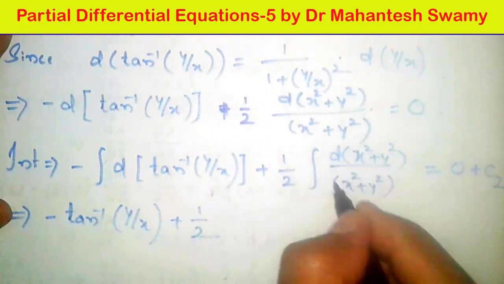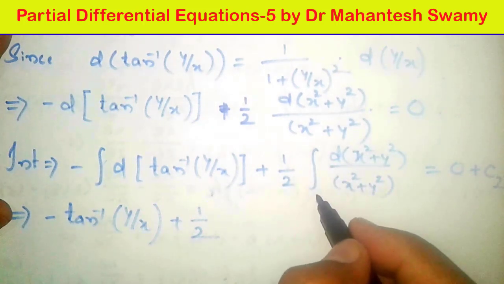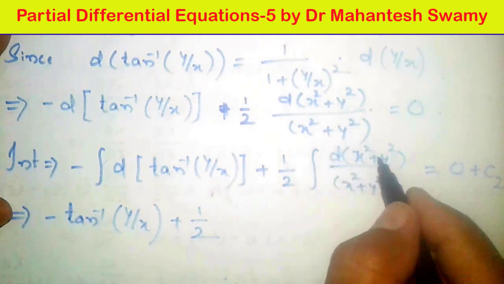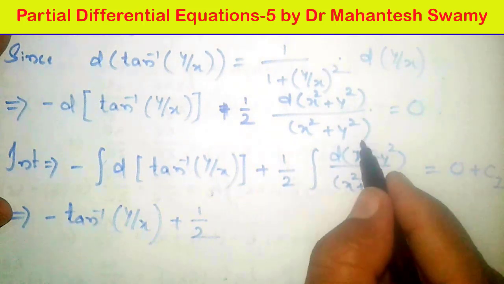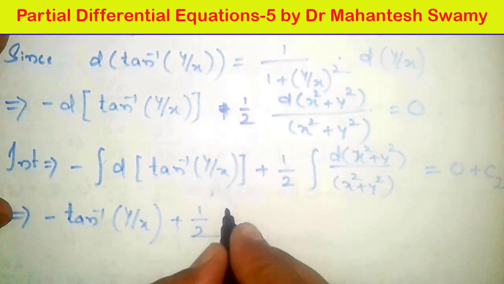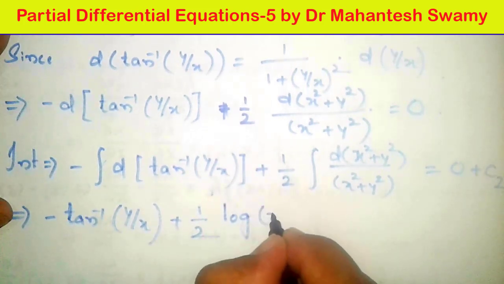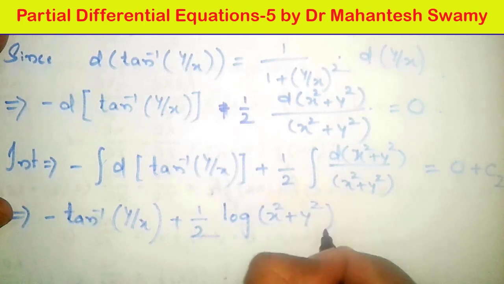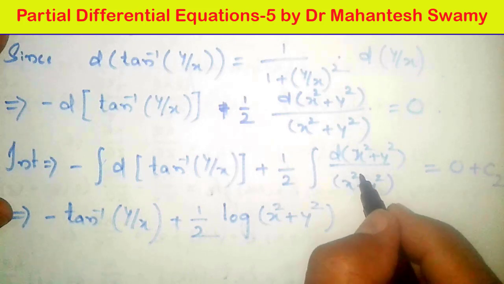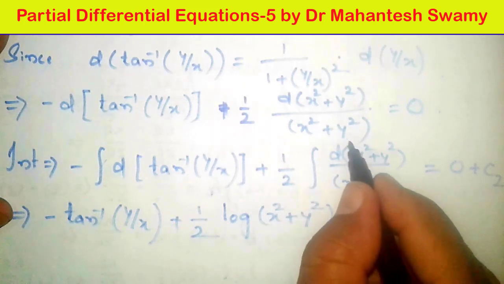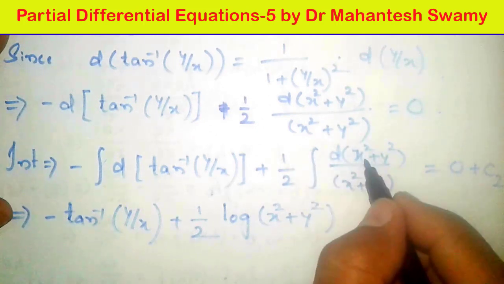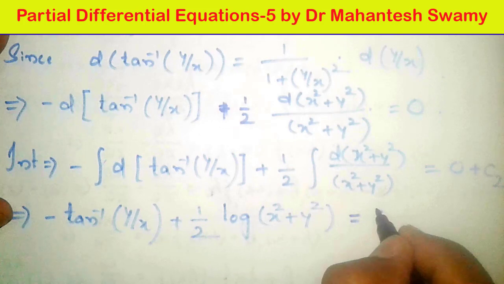It is very easy. It is very important to observe here. If we have an integrand where the numerator is the derivative of the denominator, then the integral of that quantity is log of the denominator. That is log of x square plus y square. That we have used over here. Here we are observing that in the denominator x square plus y square is there, and in the numerator the differentiation of the denominator is there. So in that case, the integration of that integrand is log of the denominator, and on RHS it is C2.